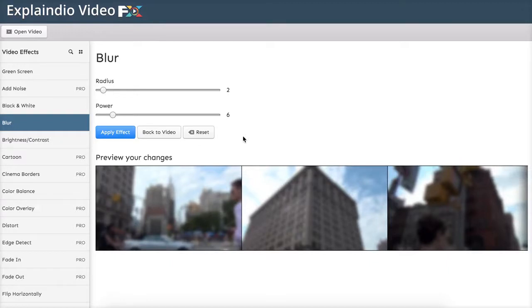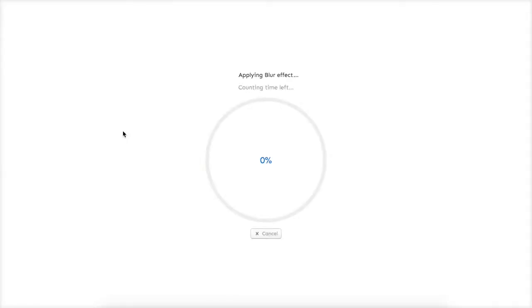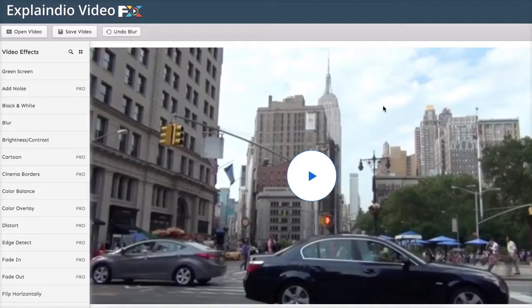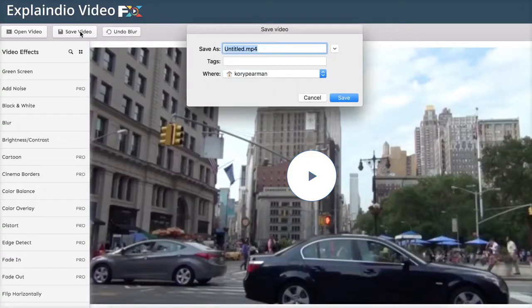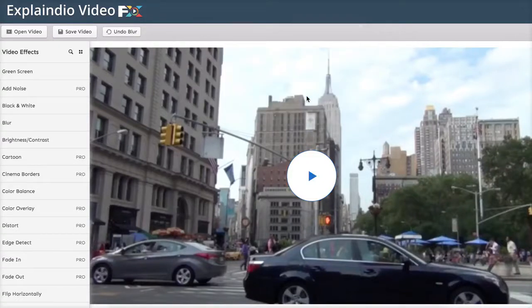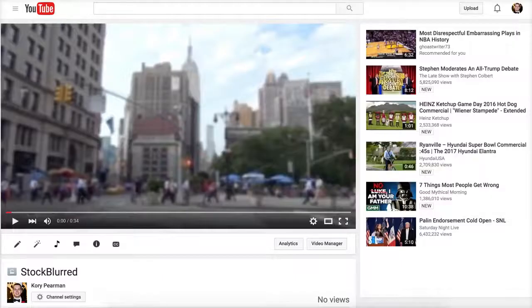So once you have this set up the way you like, go ahead and click on apply effect. The software is going to apply that blur effect to your video, and once the software is done adding that blur effect, all you have to do is click on save video, choose where you would like to save your file, and then the easiest way to do it is to head over to YouTube, upload that newly blurred video,